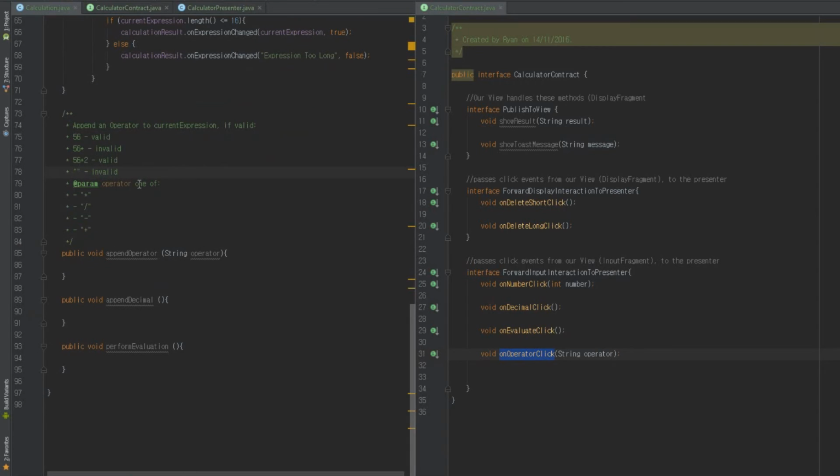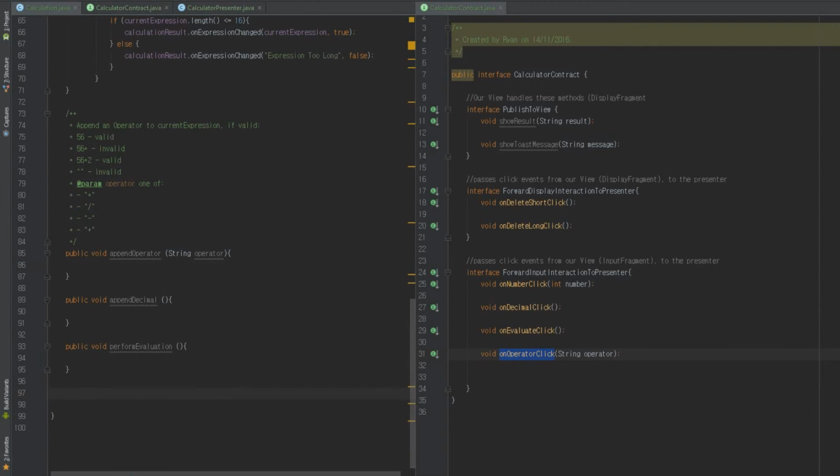Now, here's the thing. By looking at this, there are a lot of scenarios where this would end up as invalid. And I don't particularly want to inflate several methods with all of this code. So what I'm going to do is create what's called a helper function or helper method to actually do these checks for us. So what we'll do is just go down there, and we're going to call this method